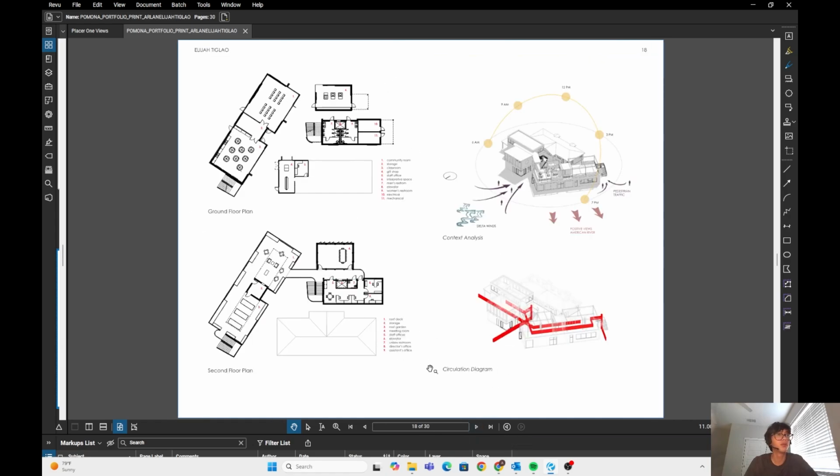So here I have a floor plan. I have what's called a context analysis, which shows the sun path, pedestrian traffic, Delta winds, positive views, the site conditions of the project. I also show a circulation diagram here,